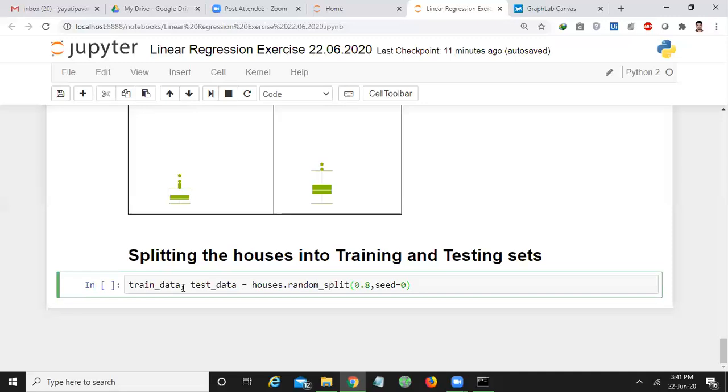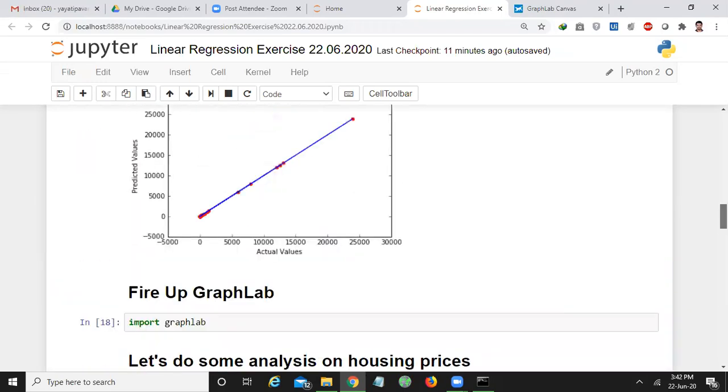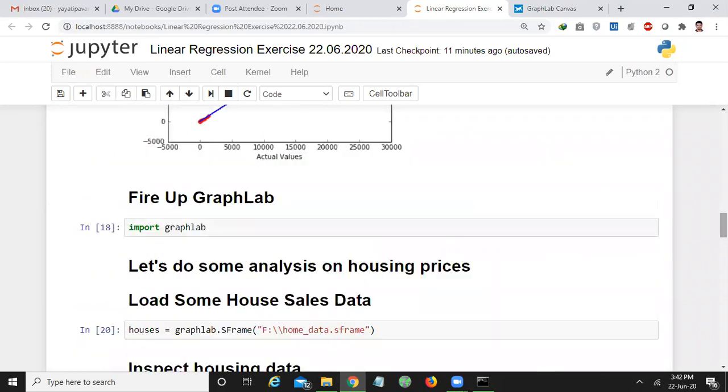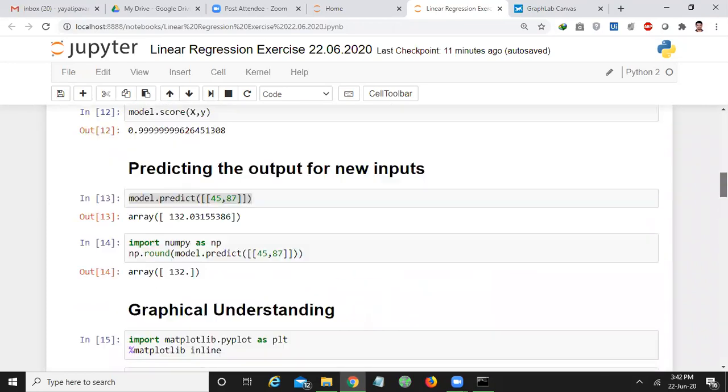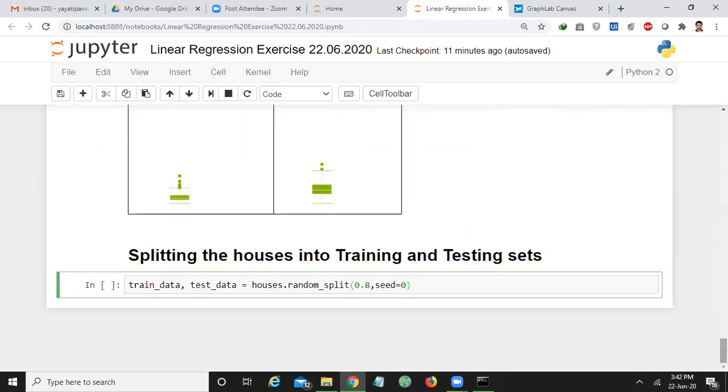I already told you what is the advantage of dividing the whole data set into training and testing. First, we will try to fit the model on the training set, and then we will check the accuracy on the testing set. Then it will be useful for us. But we have not done that in the previous example. We have considered only training accuracy. Here we don't consider any testing data set in the previous example, right? So in this example, I am considering both training data and the testing data.